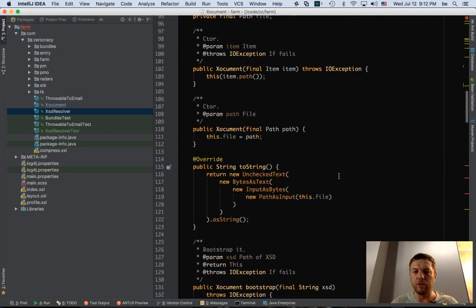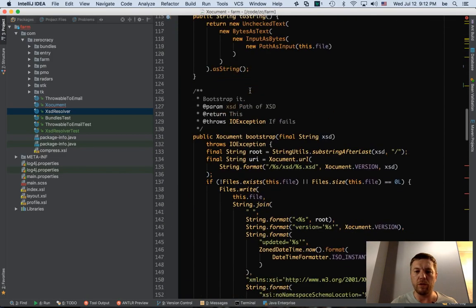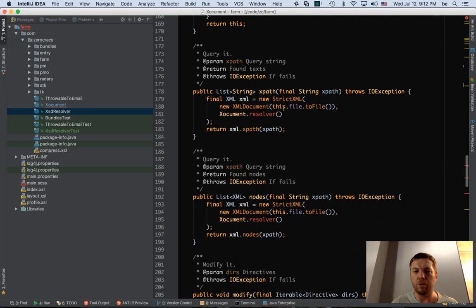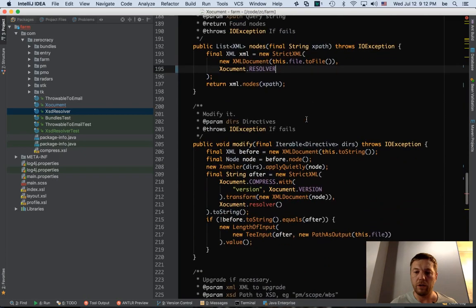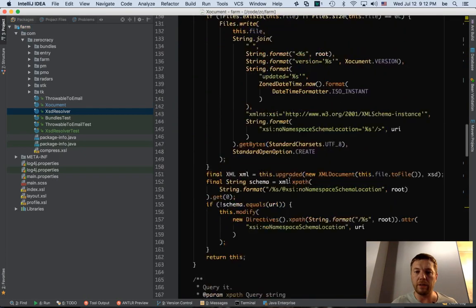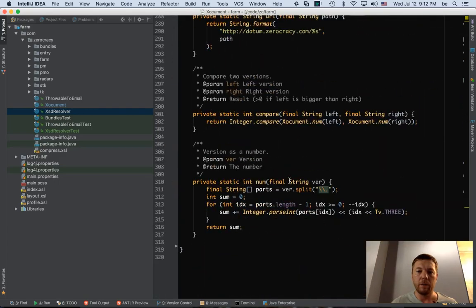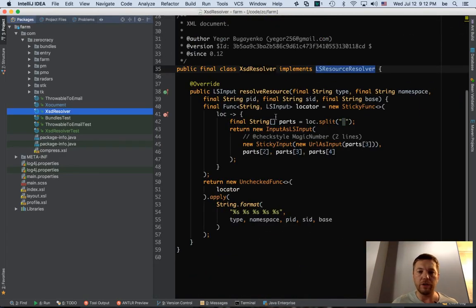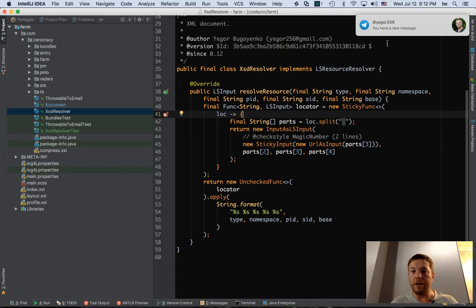It's going to stay here forever. It's kind of a singleton, but it's private, so it's more or less okay to have that. Not perfect, but still all right. That's the best Java can give us. And here we're saying this one resolver, this one resolver, and here. So it was used in 3 places. Now it compiles. This class is perfectly fine. Let's go back to that XSD resolver. Again, it looks okay.